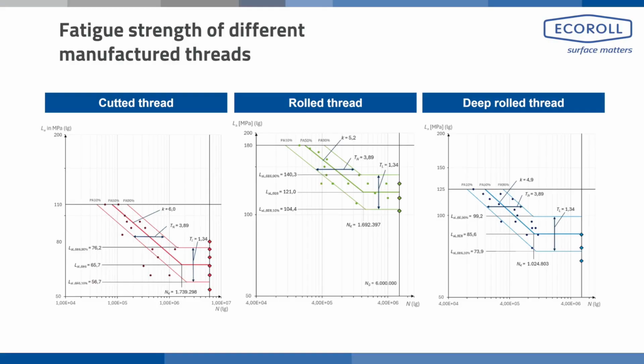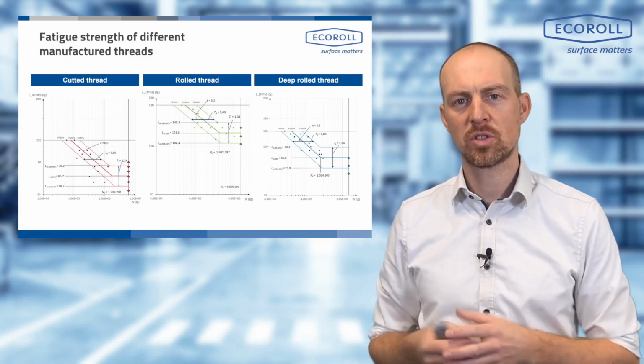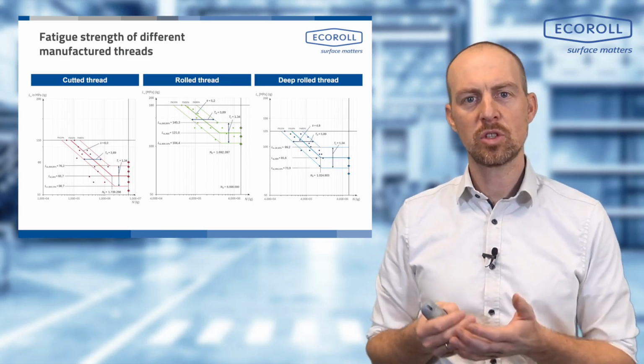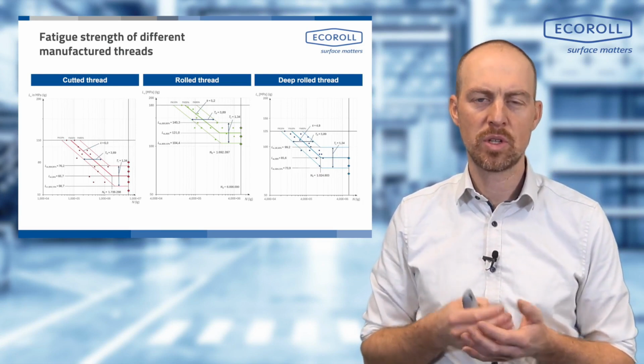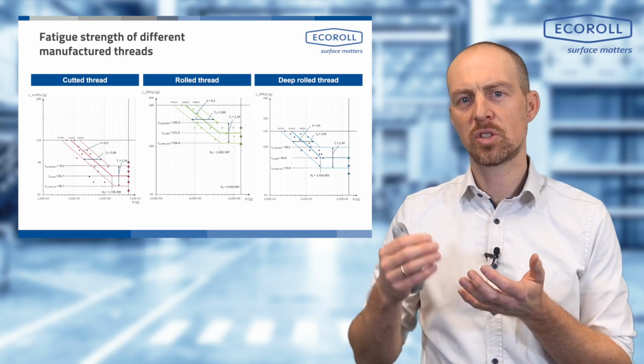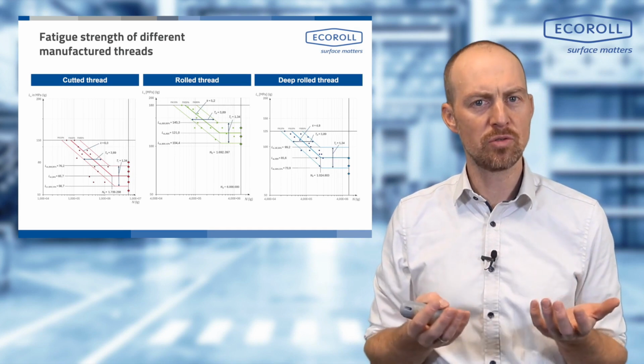With the rolled thread, we have a significantly higher fatigue strength. We see that the area of the fatigue limit occurs at significantly higher loads. This means that the entire level of the curve is shifted significantly upwards. On the far right, you then see the burnished thread. The burnished thread fits in here, exactly where we expected it to. We did not expect that by burnishing we could achieve the quality of a rolled thread. That would be utopian, it would be nice for us, but that